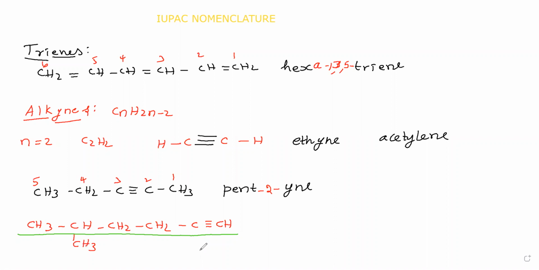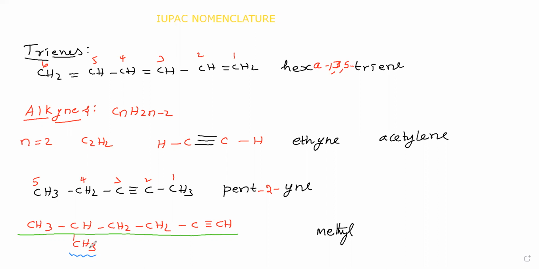When we are giving numbering, triple bond must get the least position when compared to the alkyl branch. Here in this one, the straight chain is the parent chain. This CH3 comes under branch. This branch name is methyl. Here methyl is there and triple bond is there. Triple bond is a functional group. This triple bond gets higher priority when compared to this alkyl group. Therefore, triple bond must get the least position when compared to this alkyl branch.